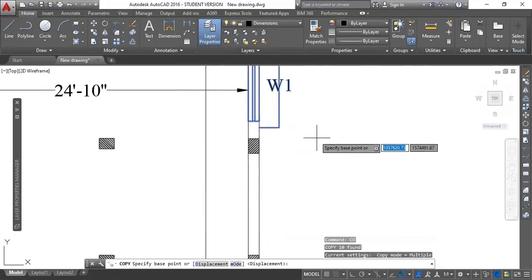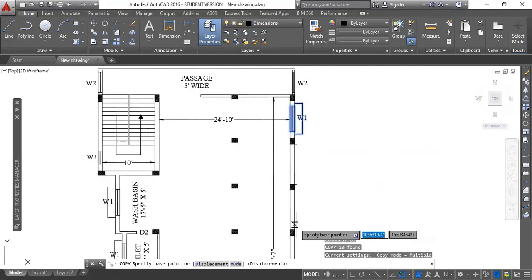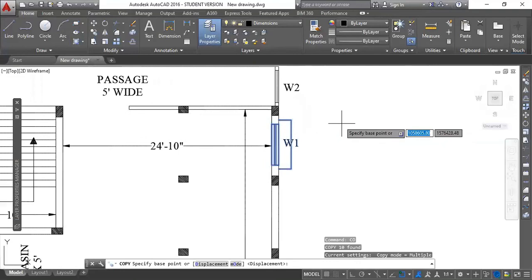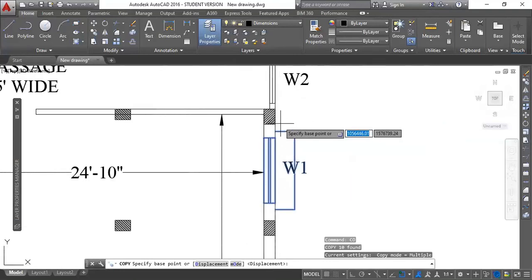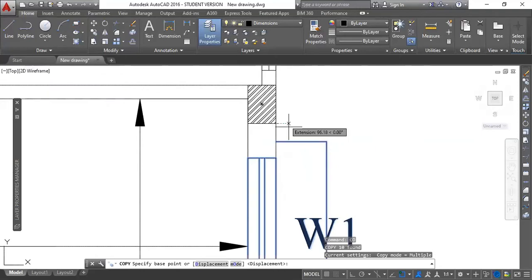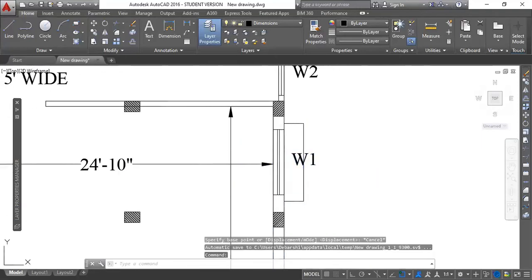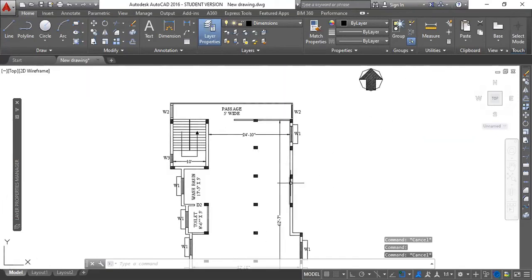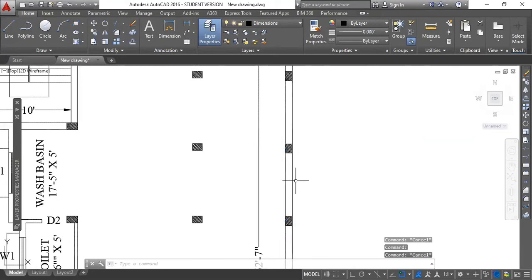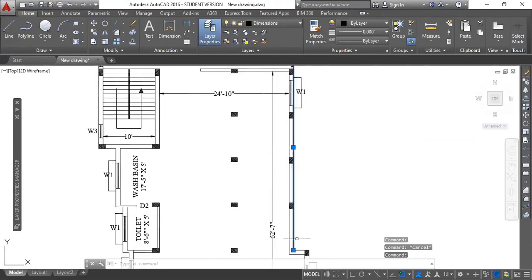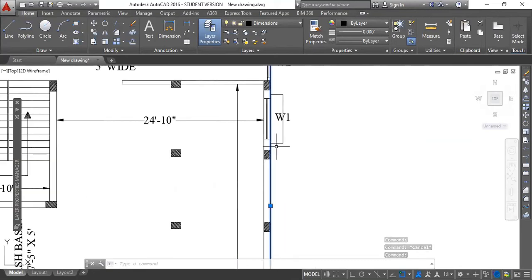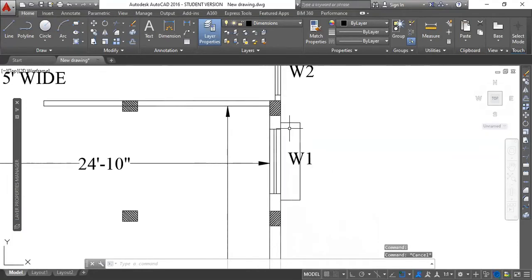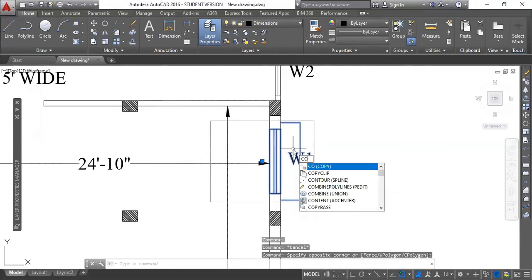As all these spans are the same, I'll be placing this window in the middle of every wall. I have already placed it here, so I will select a reference point. Because this is a small line, I can easily get the center points of these walls. But if this was a continuous line like this, you cannot get the center point at each place, because the center will lie somewhere else. So at that time, you will use a reference to copy your objects.